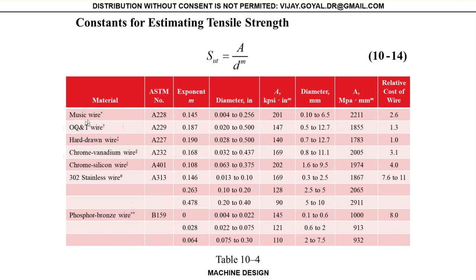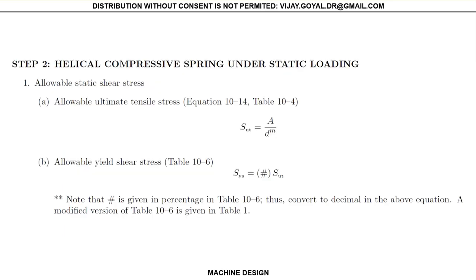You can see depending on different cases, you have the value of A here, and your value of M, that's the exponent that's given here. So depending on the case that you're working with is the case that you actually use. Then once you have those values, from here you will find this value. Then you can find what your ultimate tensile stress is. And this is a very important value that you need to find, because from here you can find allowable yield